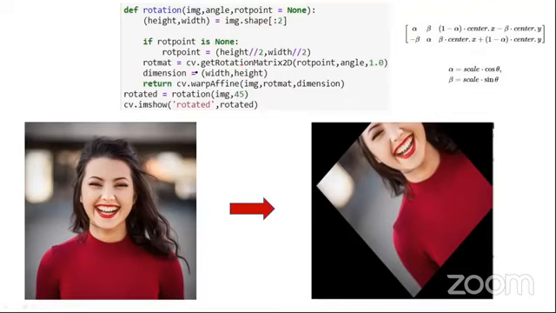OpenCV has a function to make sure that you get the rotation matrix. And the warpAffine function. What does the warpAffine function do? It basically converts your pixels using the rotation matrix to the pixels corresponding to that image. So this is how a rotation function looks like.